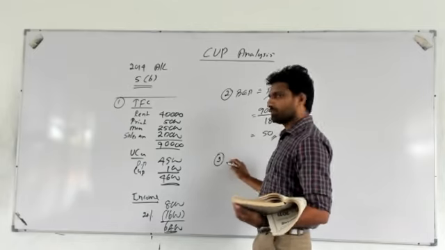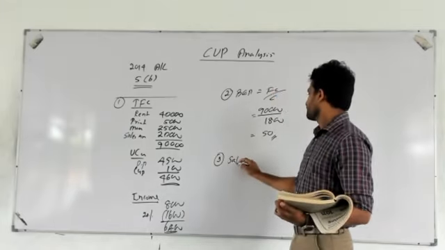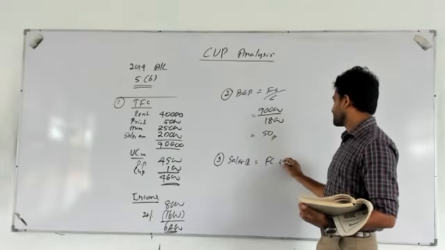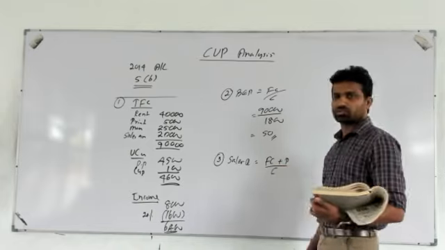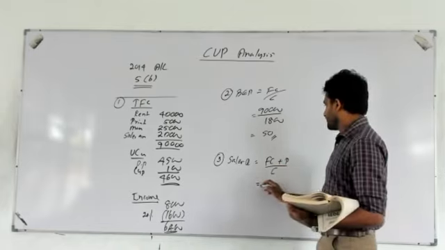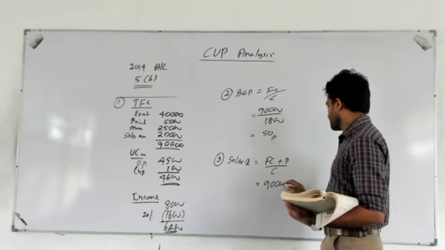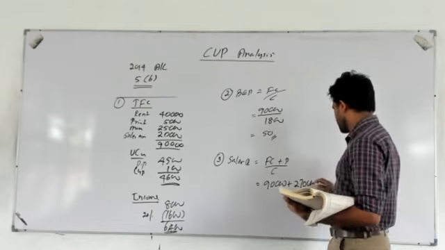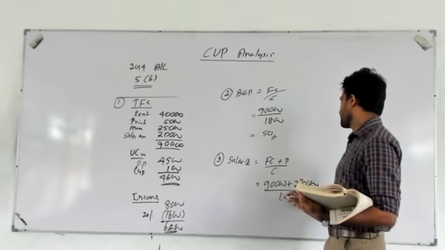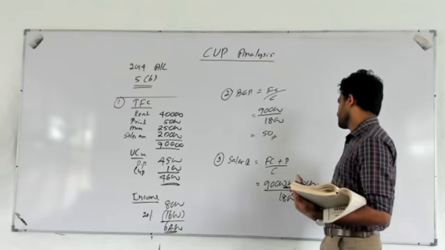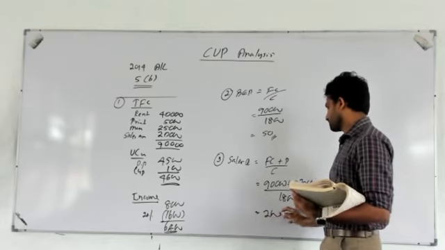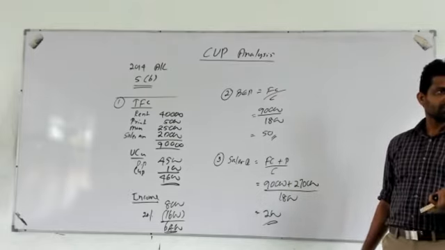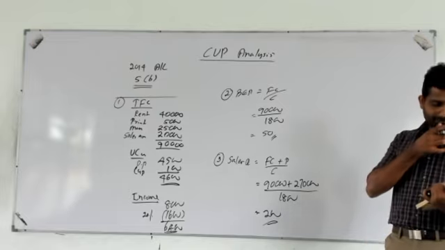To earn a profit, sales quantity equals fixed cost plus profit divided by contribution. Here the fixed cost to cover 90,000, profit to earn 270,000, contribution per unit 1,800. That gives 200 units. Correct? Is it? Then,